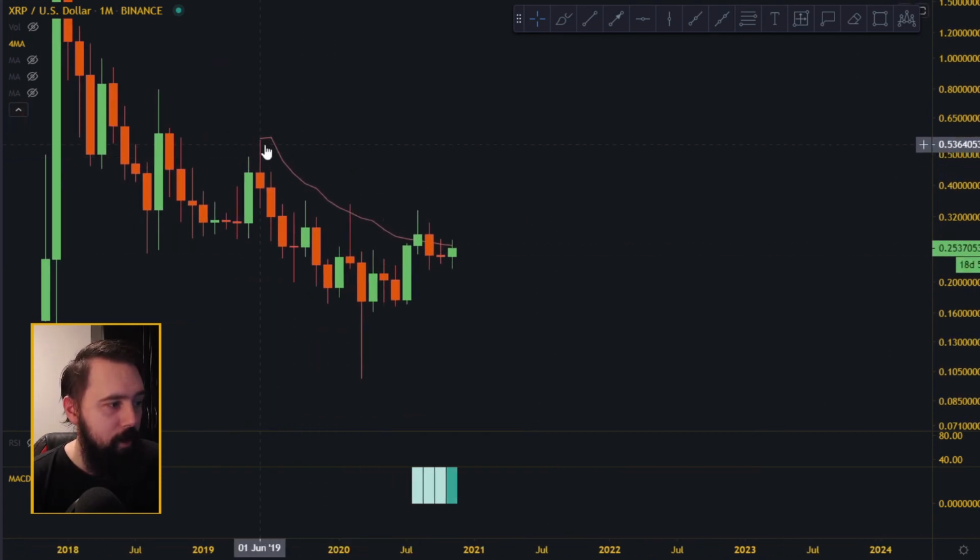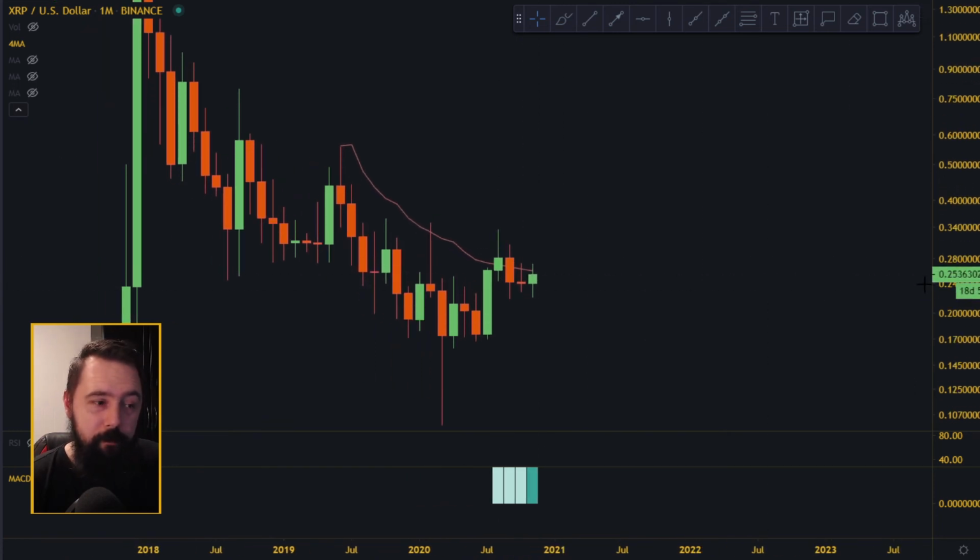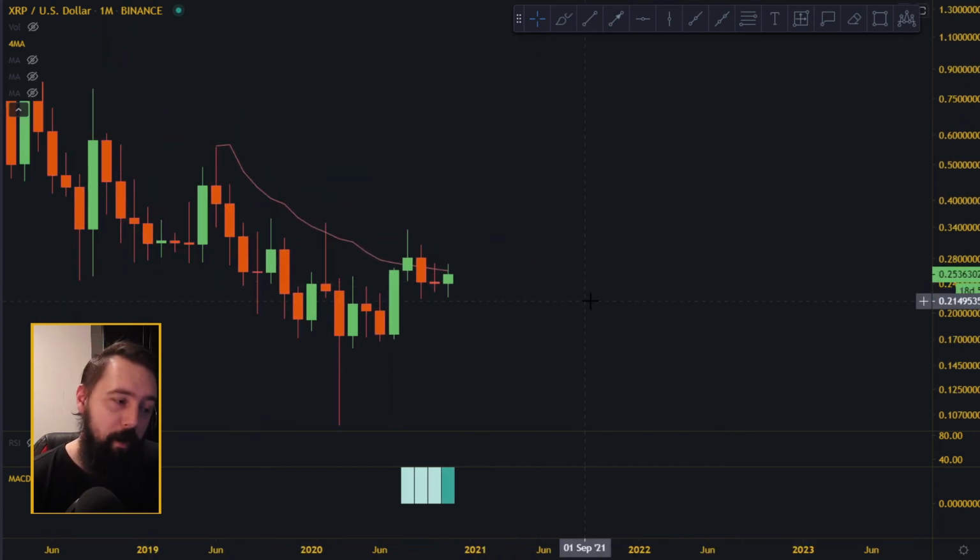So it got resisted here, June 2019, resisted first February 20, just before Corona, and now it broke above the 20 moving average, but it just got back under it. Now it's testing it, but you gotta break it. Okay, you gotta break it. You want to be bullish, you want to be with the big boys, you gotta break it.